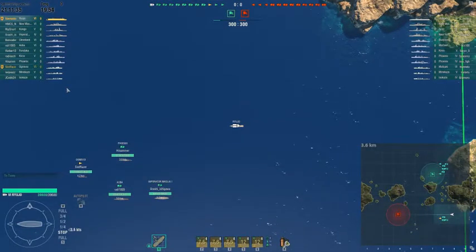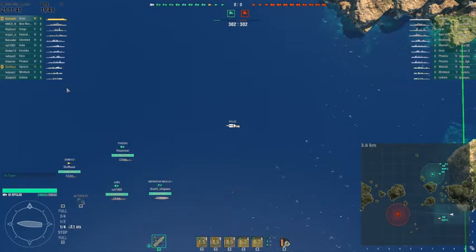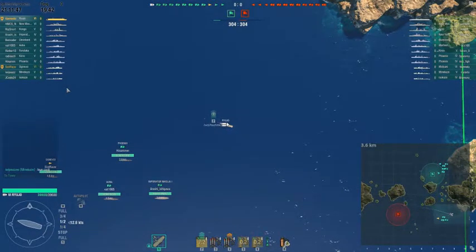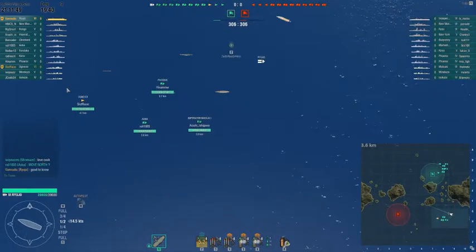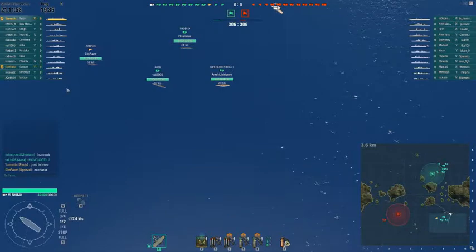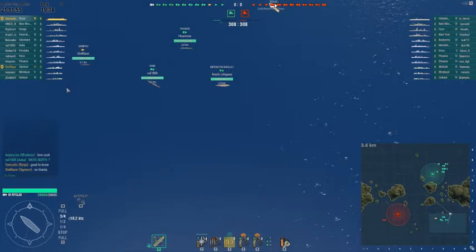Battle starts. Hello everyone, I am Van Rustic and today I am showing you a great game that I had in my Ryujo on the Strait map. The Ryujo is a tier 6 Japanese carrier, and I actually hadn't played the Japanese carrier since the closed